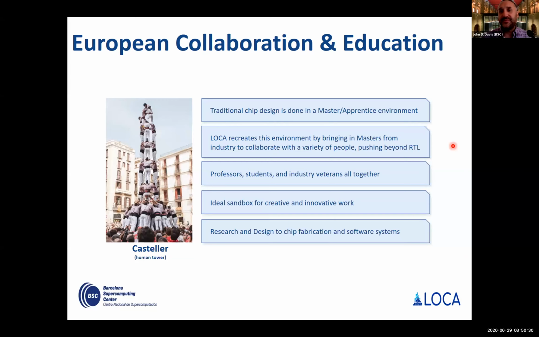From an industrial standpoint, you get to do things that are more risky, more innovative. And from an academic perspective, you get the reality of, well, how do we actually build these things? What do we do? What makes sense? That combination will give us very exciting capabilities moving forward. So I'm excited to continue to build this up, and if you're interested, please don't hesitate to reach out and we can talk about it more.